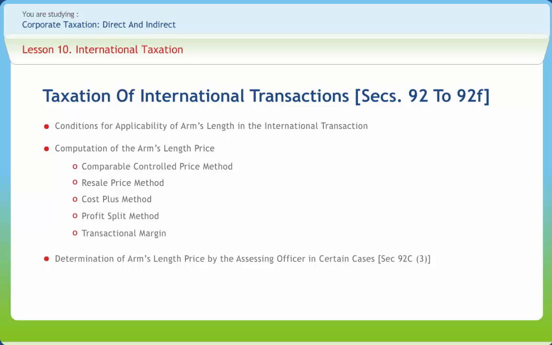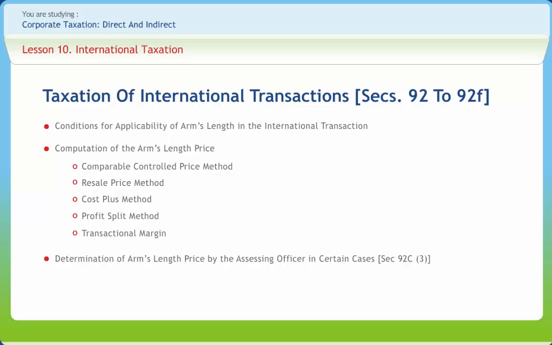As per section 92C(3), where during the course of any proceeding for the assessment of income the assessing officer is, on the basis of material or information or document in his possession, of the opinion that the price charged or paid in an international transaction has not been determined in accordance with subsections 1 and 2, or any information and document relating to an international transaction have not been kept and maintained by the assessee in accordance with the provisions contained in subsection 1 of section 92D and the rules made in this behalf, or the information or data used in computation of the arm's length price is not reliable or correct, or the assessee has failed to furnish within the specified time any information or document which he was required to furnish by a notice issued under subsection 3 of section 92D,